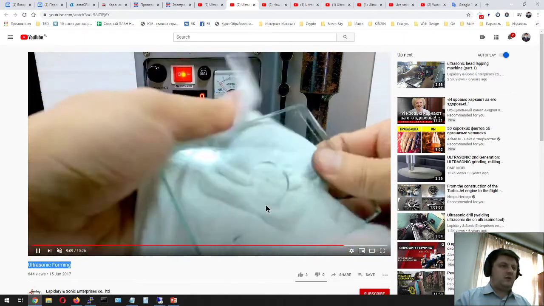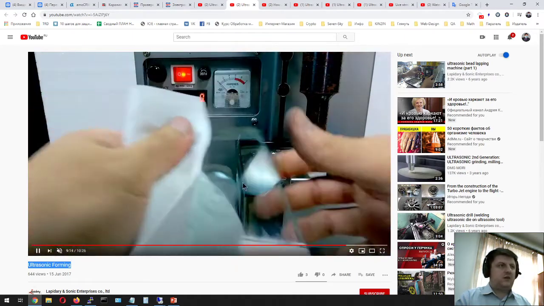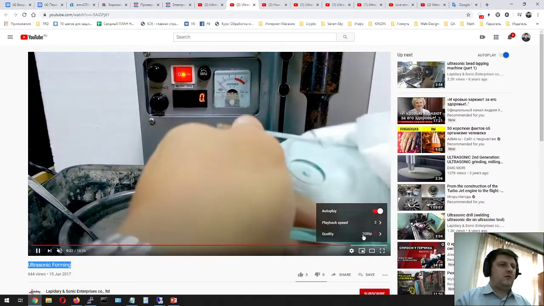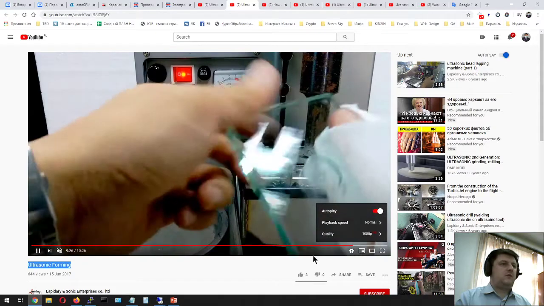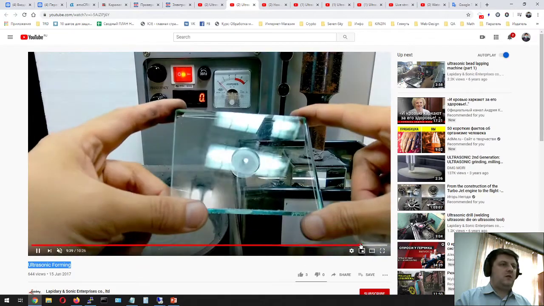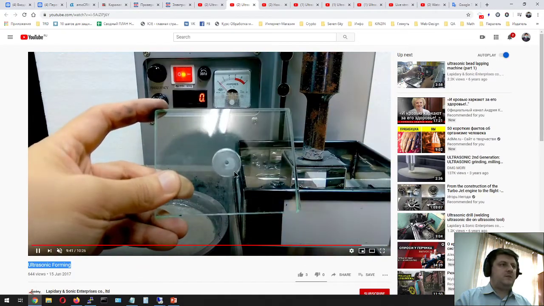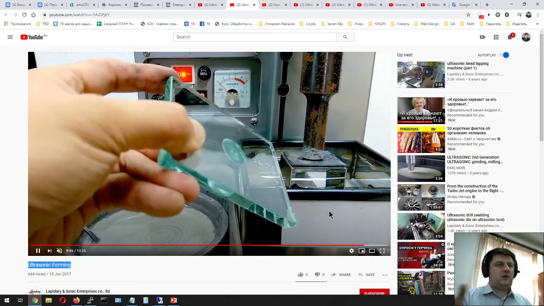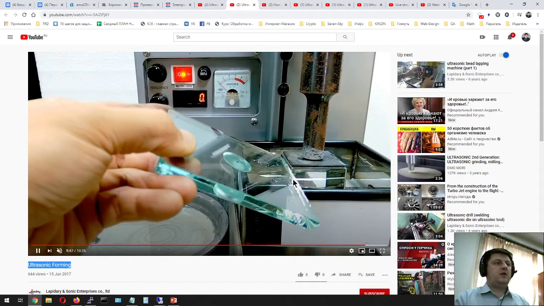This is the result. You can see the hole through this glass. So the shape of the instrument, you can use any that you want,